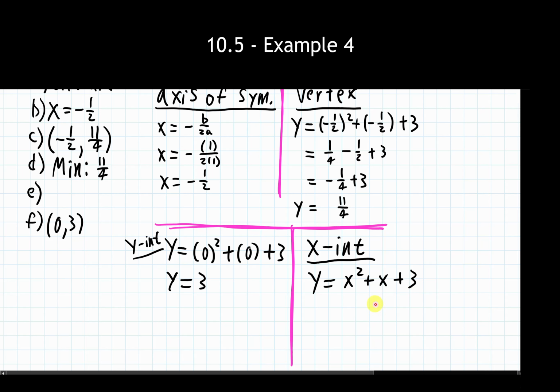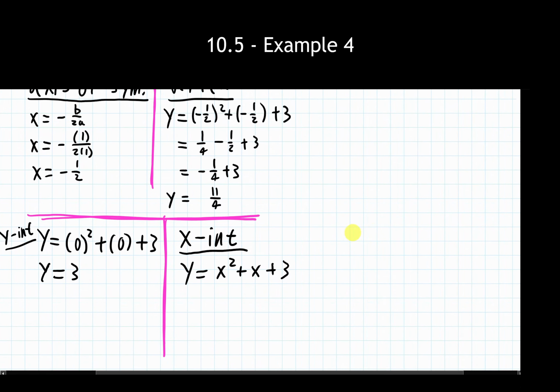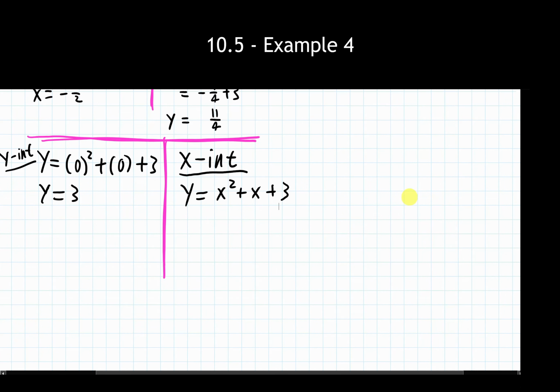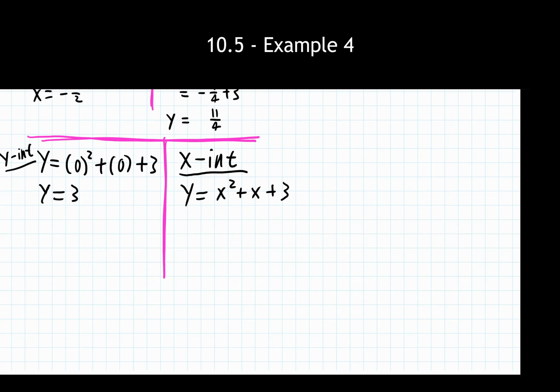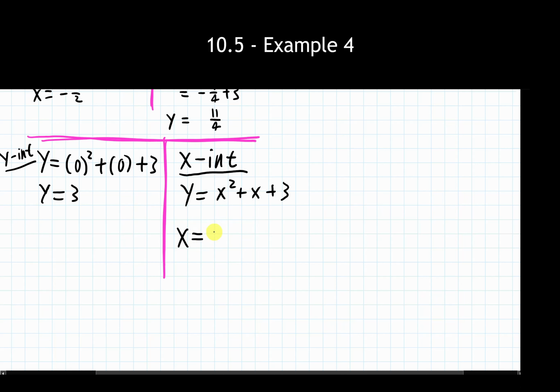That's fine. That's just how the numbers are. It means we have to use one of our other methods. And I'm going to recommend that we use the quadratic formula because as we're looking at it, I don't think this is exactly one that's going to be fun to use completing the square on. It's also not written in vertex form, so quadratic formula is a great fallback if necessary.